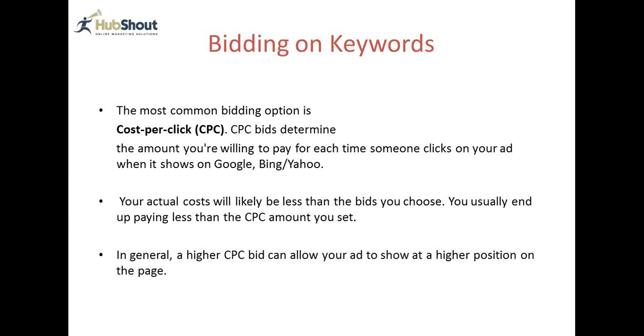Now, just before going to the next slide, I will say there are some other bidding options that we have in many campaigns. One of the ones that we've been pushing more and more of our paid search accounts towards is cost per action bidding. And what you do there is, by adding tracking tags to the client's website, you can tell Google, in this case primarily, that you're willing to pay up to, let's just say, $50 for anyone who completes a certain conversion. So that may be a lead completion on your website. So we'll pay up to $50 for anyone who completes a lead form.